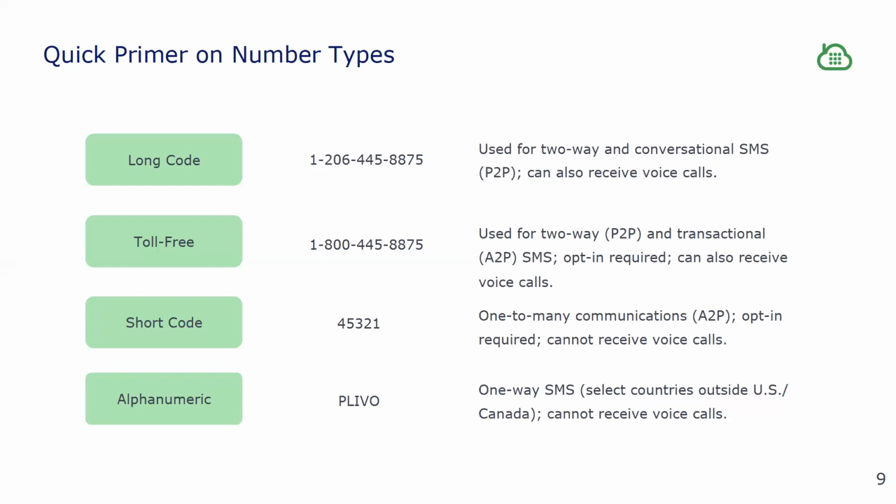Thanks, Joe. One more question. Does using an 800 number for P2P always require opt-in? Yes, so for toll-free, as a responsible organization, we have to vet and make sure that the customer's use case is valid, which includes the opt-in step. We also verify your message content before you get approved to use a toll-free number for SMSing.